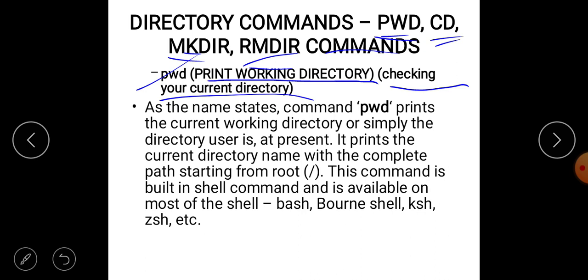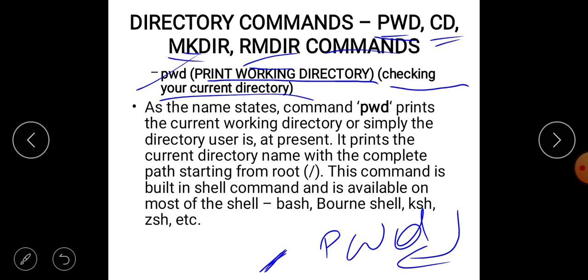We will come to know using this command. If you type pwd and press enter, it will print one path from root. This is the starting point of the path, root, next to it, next to that csc, next to that temp, like this. This is the path it will print after giving the command pwd.